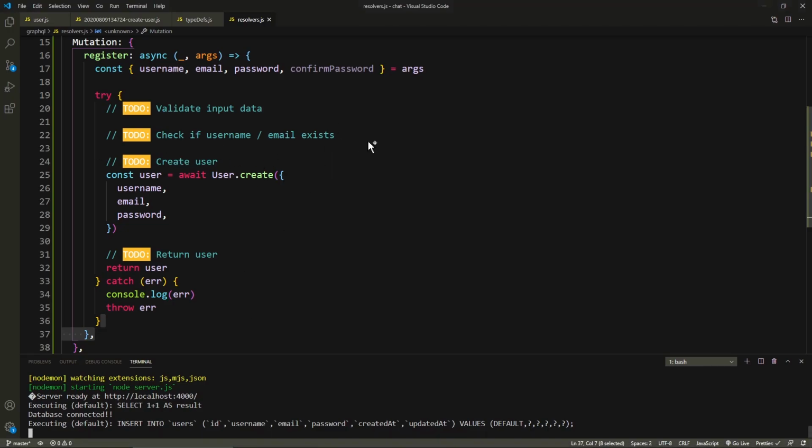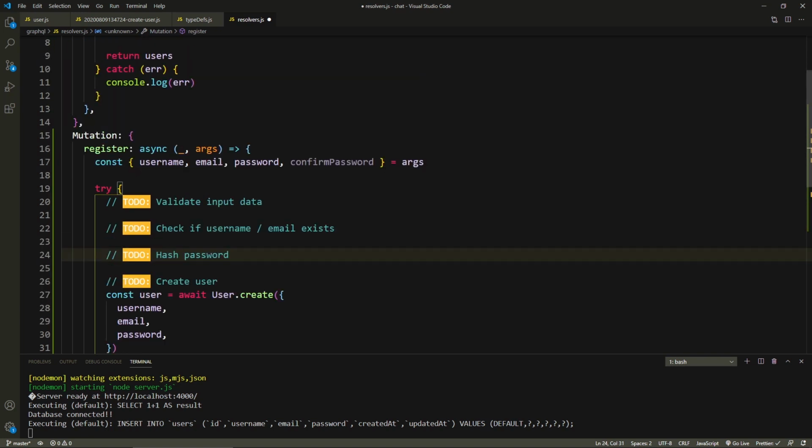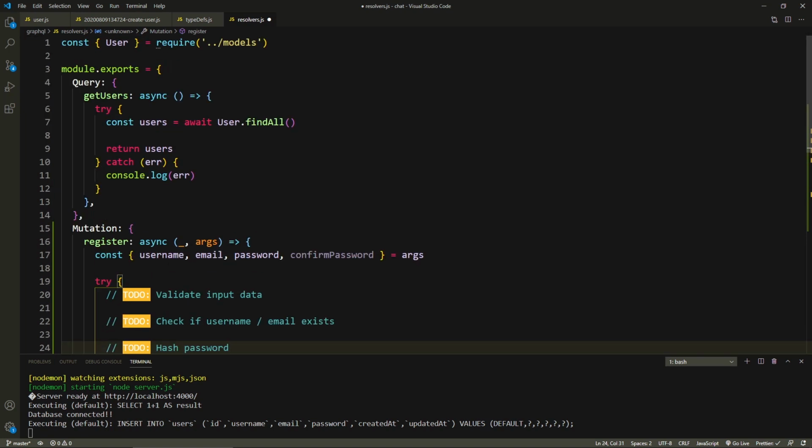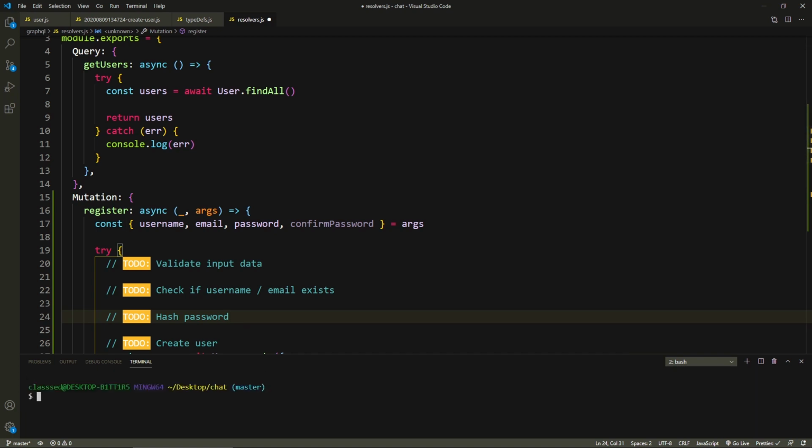I'm going to add another to do here: to do hash password. We're going to hash the password because if you have some security problem and your database got leaked, the password is stored in a completely gibberish way. All right, so I'm going to open a new terminal, and I'm going to install something called bcrypt. So say npm install